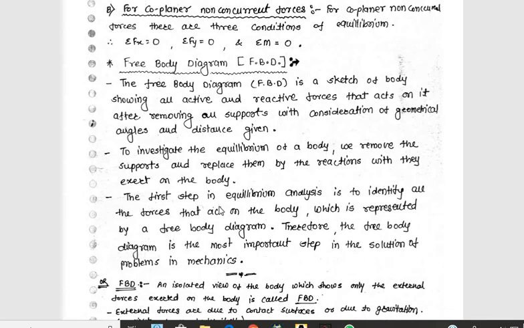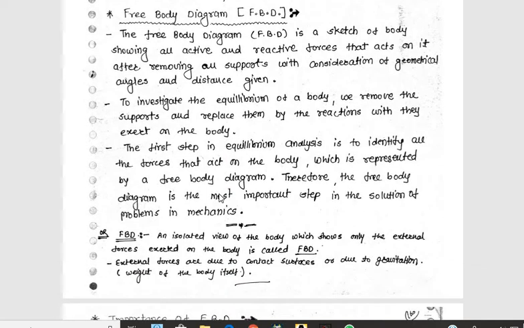Now the next important concept that we have to discuss is the free body diagram, because before analyzing any problem in engineering mechanics, we have to draw the free body diagram of that system or that rigid body. Free body diagrams help us to make the problem simple or easy. So the correct FBD must be drawn; you have to take proper care so that your FBD is correct.